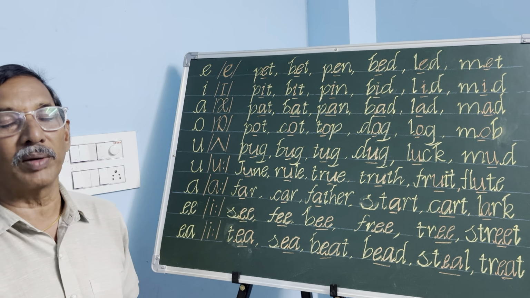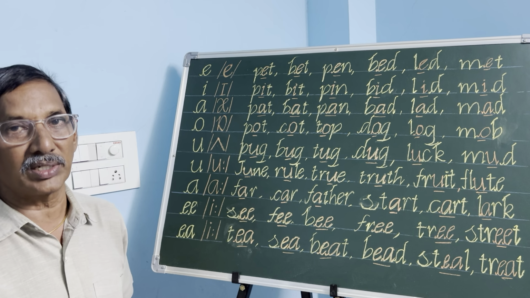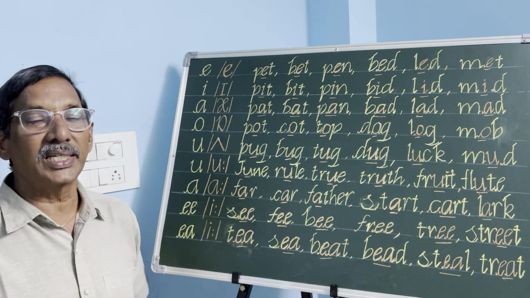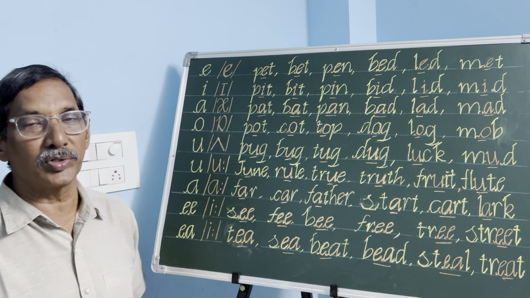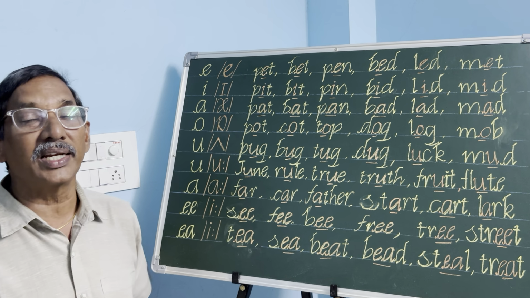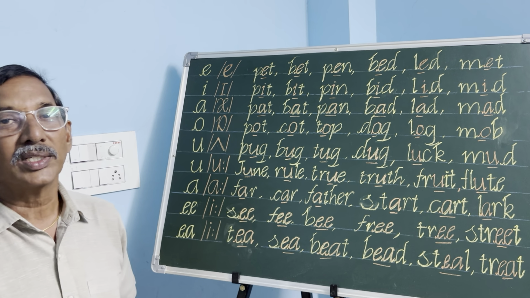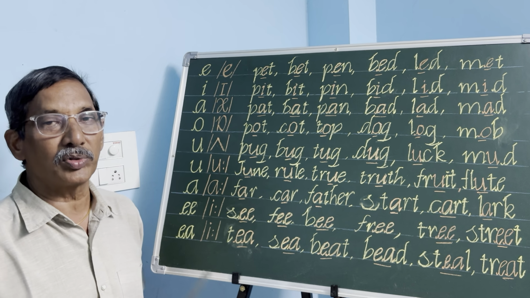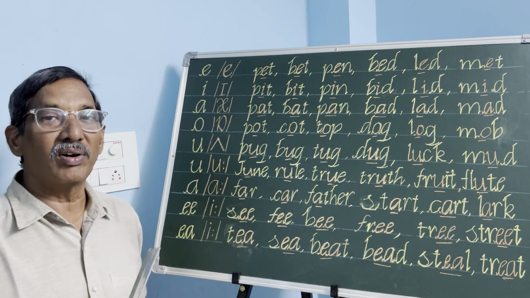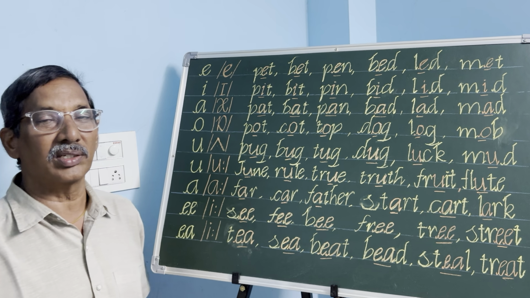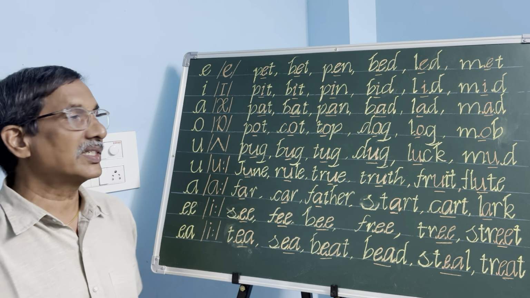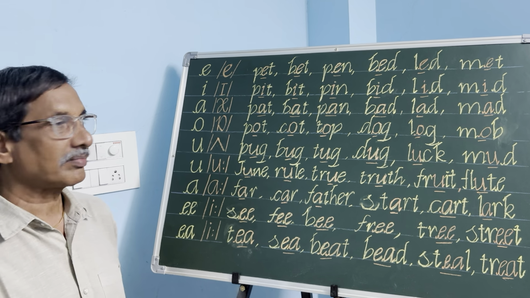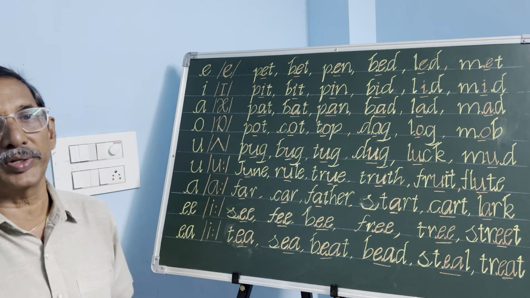But the problem is with the vowels, because there are only 5 vowel letters in the English alphabet, and these 5 vowel letters produce as many as 20 different vowel sounds. So it is very difficult for them to identify which vowel letter gives which sound. Let us take for example the letter E. The letter E mostly produces the sound